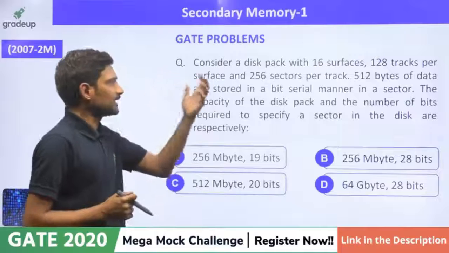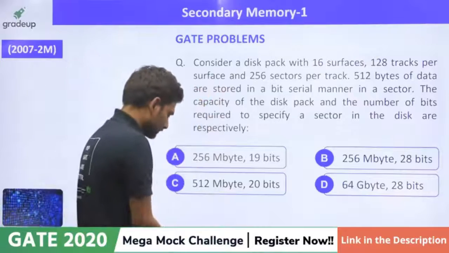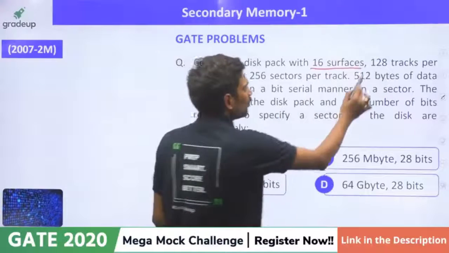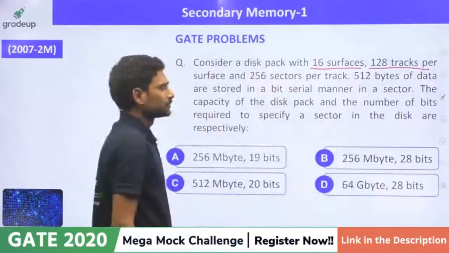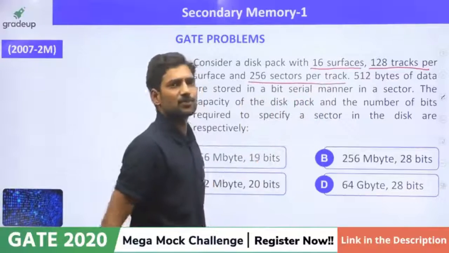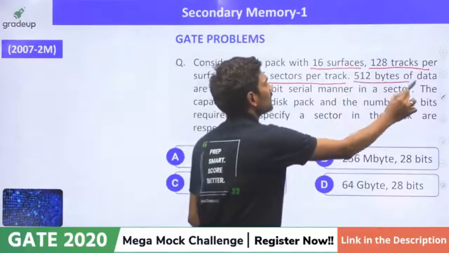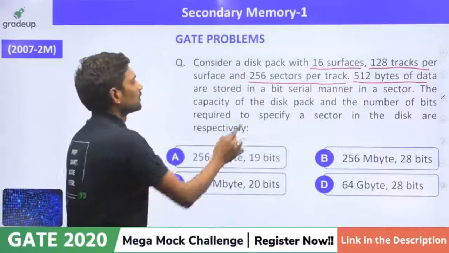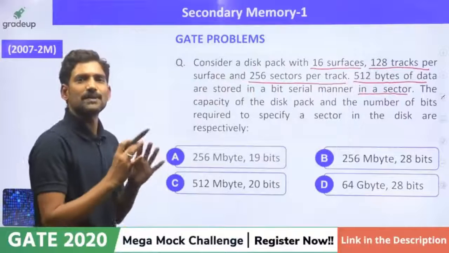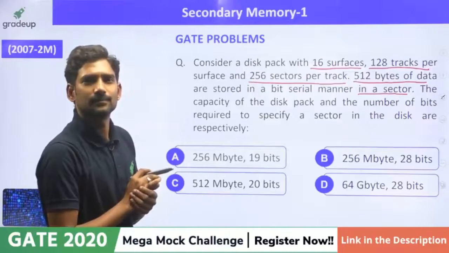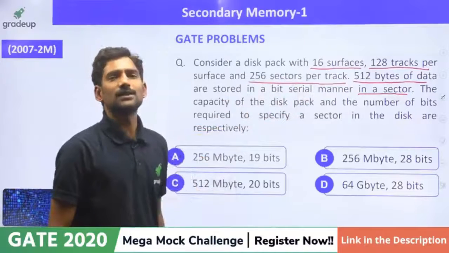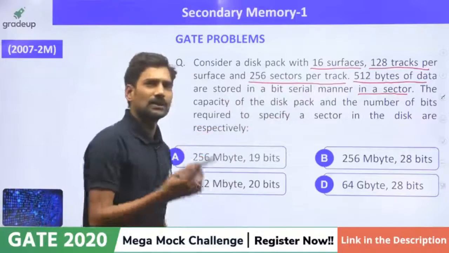What is that? Consider a disk pack with 16 surfaces, 128 tracks per surface and 256 sectors per track, 512 bytes in a sector. So disk specifications are given. The capacity of the disk pack. Okay, before that,